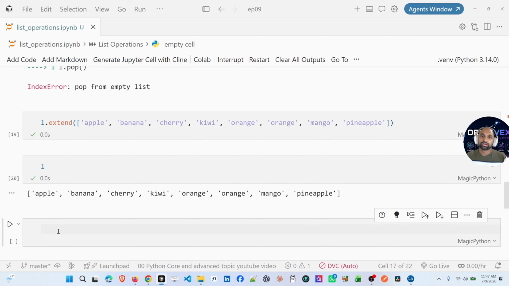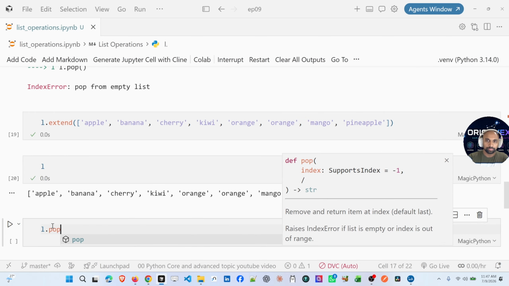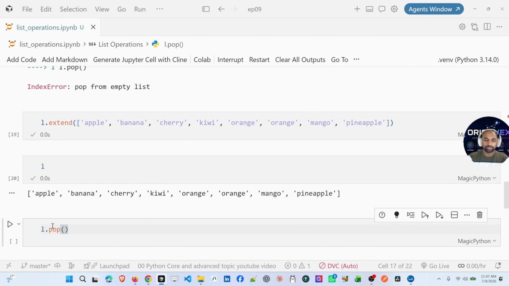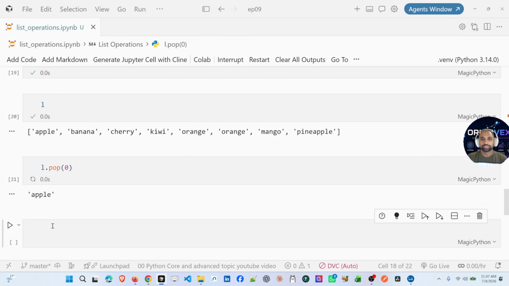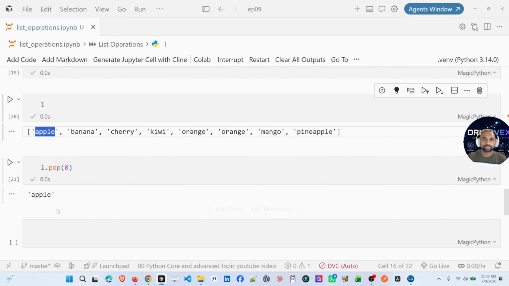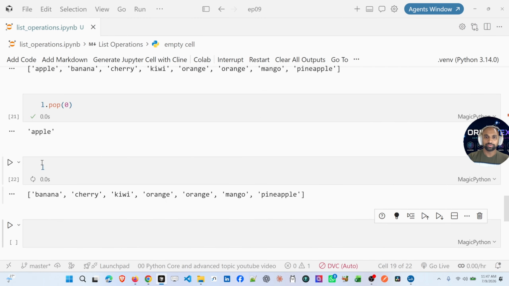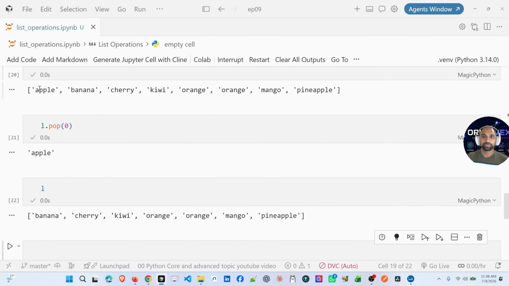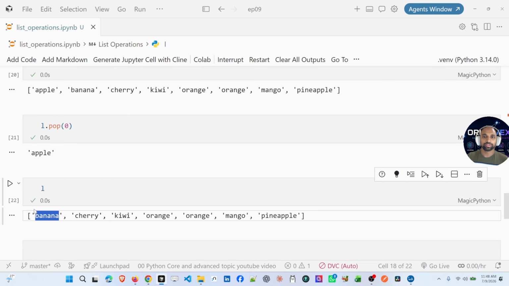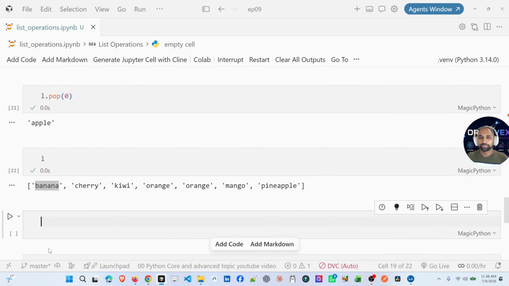Now, if you want to remove some element from some index, then L dot pop, and we can give the zeroth index. It has to remove apple, which is at the zeroth index. If you are not specifying an index, pop is going to remove from the last. If you specify an index value, it is going to remove from that particular index. So if you see L, we don't have the apple here. Initially we had the apple at the zeroth index. Now we don't have the apple. Next one we are going to see is